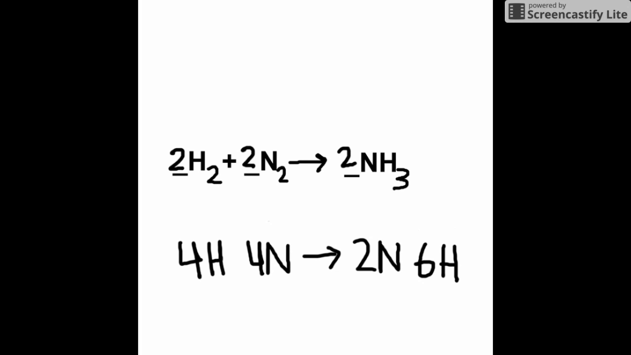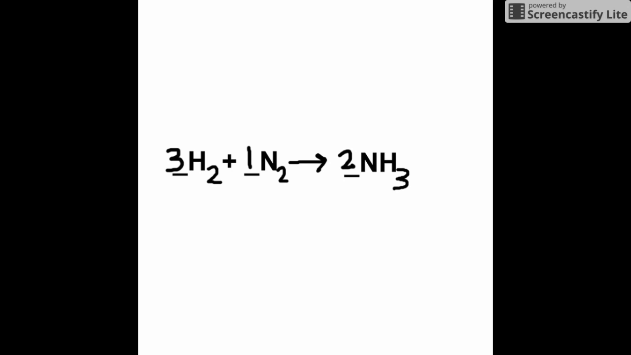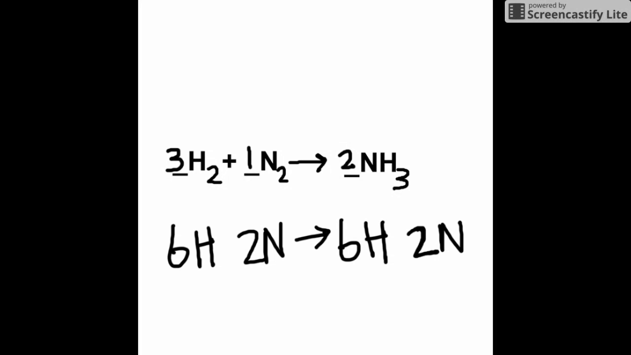So let's increase the amount of hydrogens on the reactant side. This time let's try 3 hydrogens and 1 nitrogen on the reactant side and leave the product side the same. When you multiply the subscripts by the coefficients, you get 6 hydrogens and 2 nitrogens on the reactant side and 6 hydrogens and 2 nitrogens on the product side. The equation is balanced because there are the same amount of atoms on each side of the equation